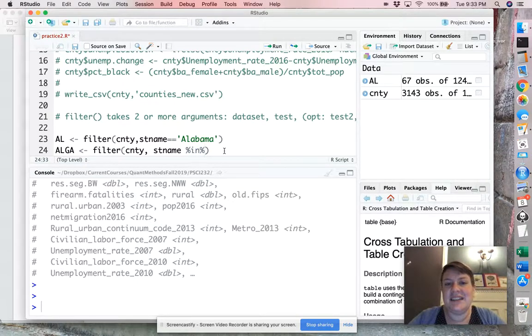So percent in percent. That is a special operator, percent in percent. It's just pronounced in, but written like that. And then you give it a vector. And in this case, can you guess what the vector is going to be? Yes, the vector is Alabama, comma, Georgia. And because these are string variables, each of the things in our vector, and you notice the c says that's what our vector is, that's the list of values that it's okay for